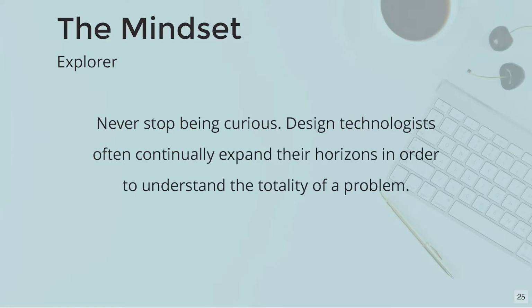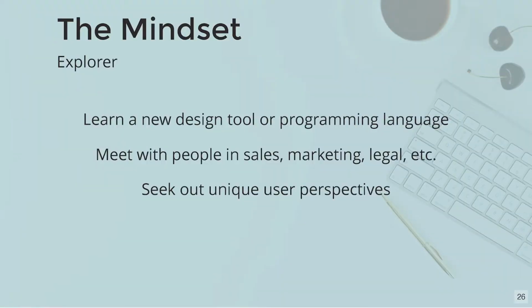So while I started in the engineering side, I'm constantly working to understand designers better, either by learning Figma tools better or by attending critiques and office hours and anything I can to work with designers and understand them just a little bit better. I recommend, if you're an engineer, trying to learn a design tool, or if you're a designer, maybe try learning a programming language. It doesn't have to be perfect. There is no level of perfection really when you're working on this stuff, as it's constantly evolving. But just having a little bit more empathy and past experience on the other side of the table really helps